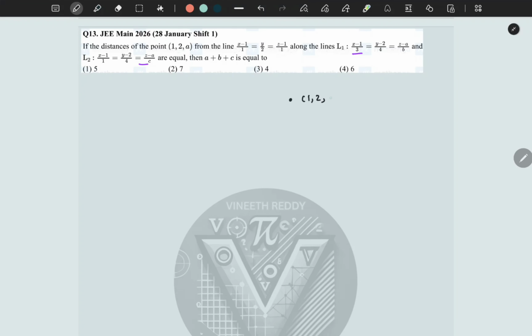Distances of the point 1 comma 2 comma a from the line. Now the line is somewhere here. The direction of this line is 1 comma 2 comma 1. What is important for me is we have to assume the point, right? So we will assume the point here in terms of, so let us say, the distance of the point from the line along the line L1, so let us say this is L1 along this line,